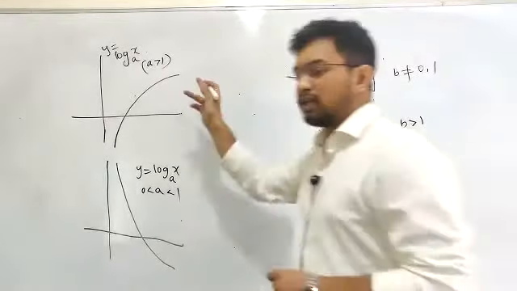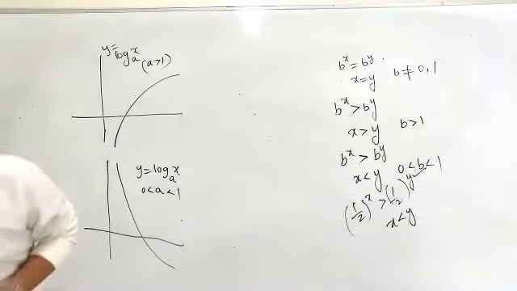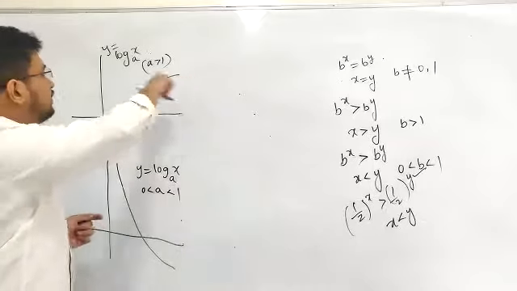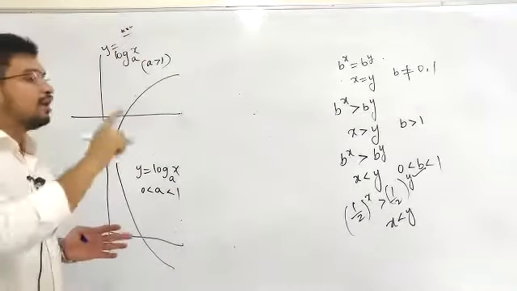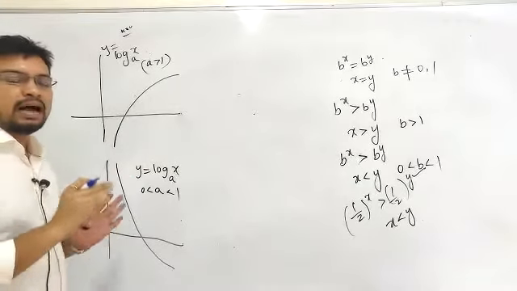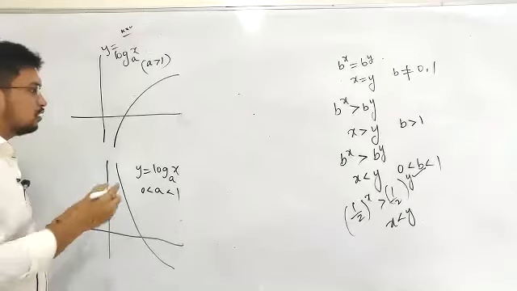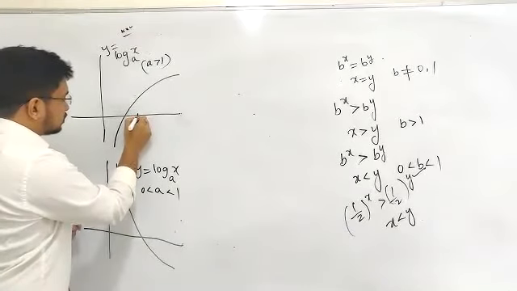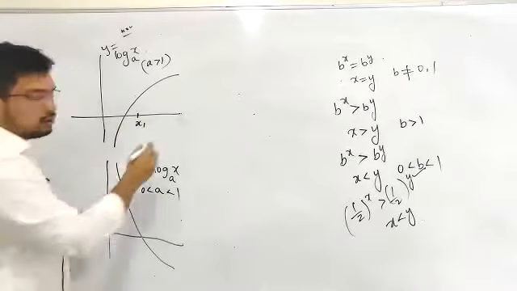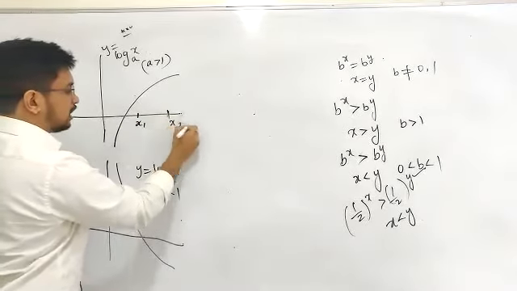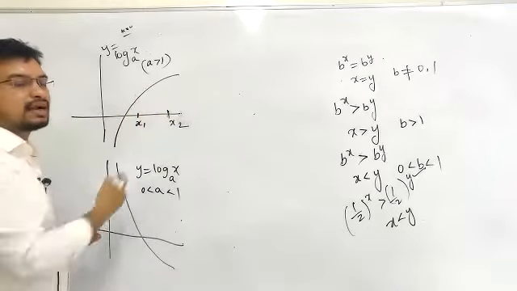Now let's come back to the logarithm, and the same thing we'll try to discuss using the logarithm part. From the logarithmic part, let's try to deduce some conclusions, and these are very, very important. The conclusions appear to be very simple, but they will be the most important things. Let's say something like this. Observe this: x1, and let's say this term is x2. This is a strictly increasing function. Yesterday we discussed that this is a strictly increasing function.